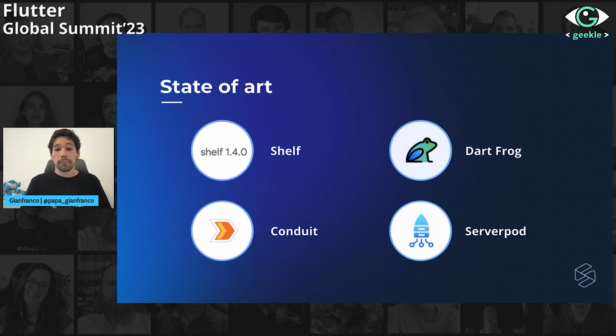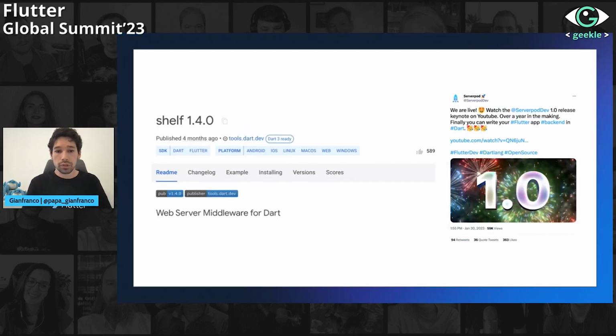But this is more or less the state of the art, and I think that based on how you want to build your apps, you might select each of them, especially depending on where you feel more comfortable.